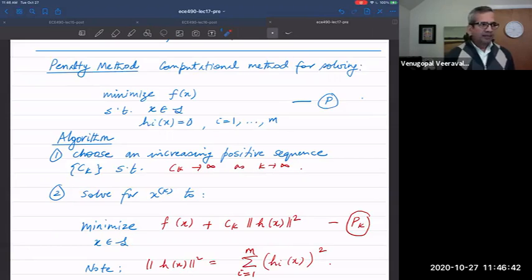So although it looks nice, you can end up with ill-conditioned problems for which gradient descent may not actually work that quickly. And in that case, you may have to add something else to this optimization problem. Okay, and what you end up adding is related to the Lagrange multiplier. Those kinds of methods are called augmented Lagrangian methods,